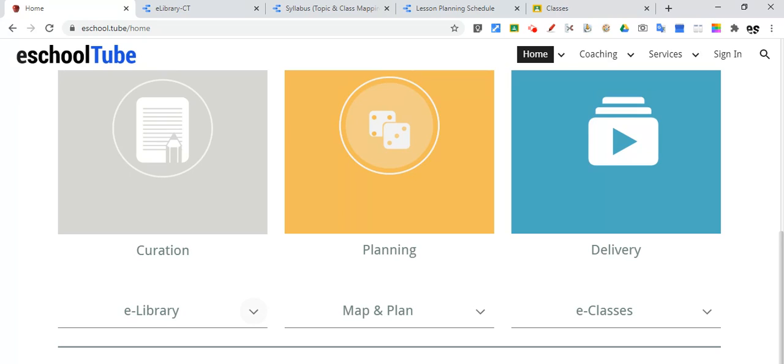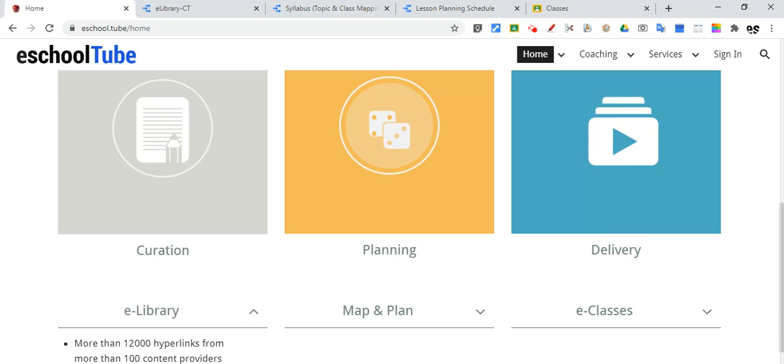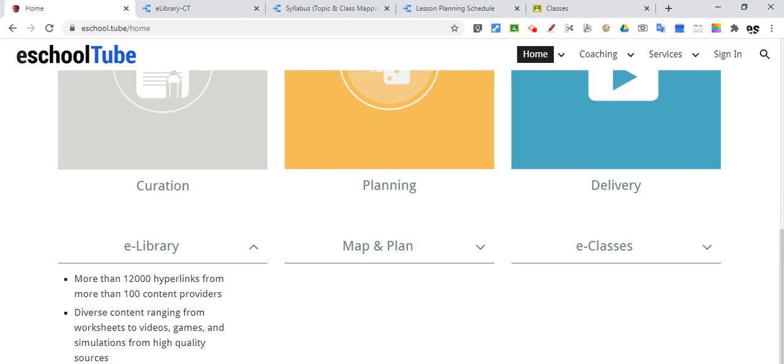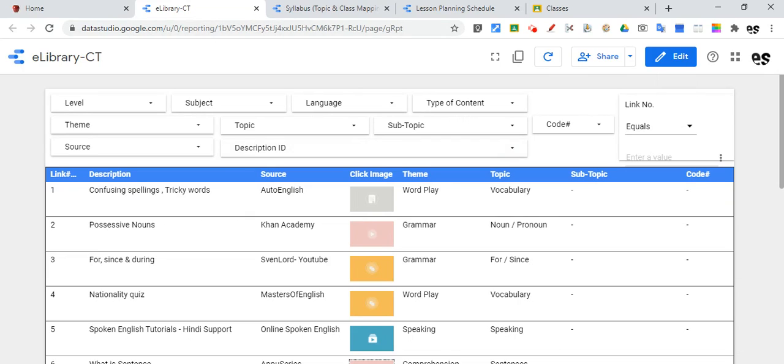First of all, the in-house curation team curates online content from different sources and feeds it into a central database known as elibrary. This is the elibrary. In elibrary, the hyperlinks